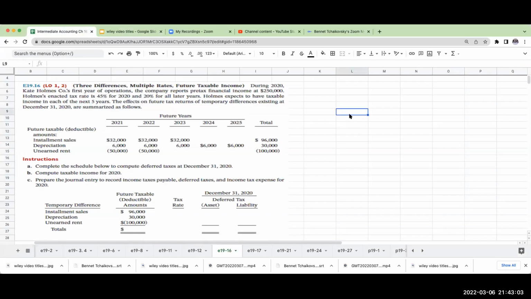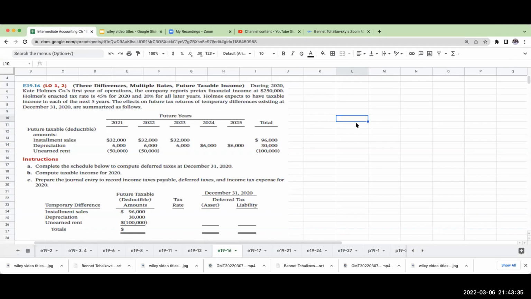So Kate Holmes Company, first year of operations, reports pre-tax financial income of $250,000. Their tax rate is 45% for 2020 and 20% for all later years. Holmes expects to have taxable income in each of the next 5 years. The effects on future tax returns of temporary differences are summarized as follows. I'm not going to compute the schedule below. Rather, let's just get to it. So right over here,